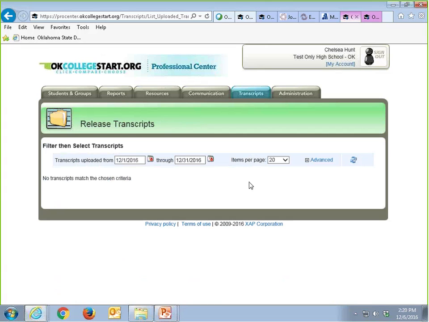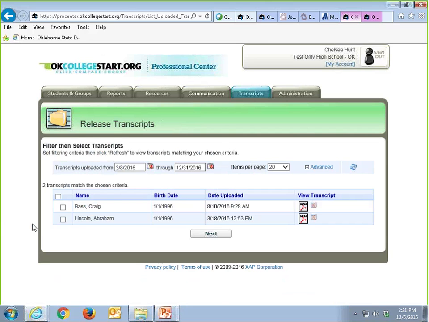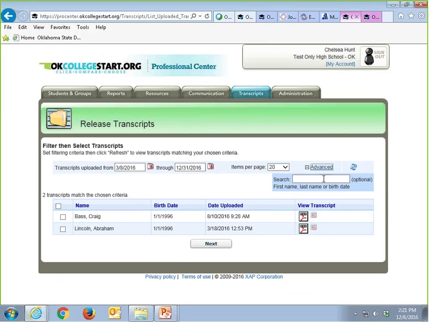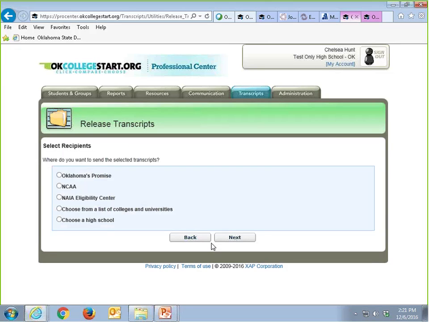Then you can release your transcripts, and if you did it today, you'll see all your students here. But for this example, I'm going to generate a date and then hit the blue arrows to refresh it. And you'll see some students come up in 1 second. Here you're able to view the PDF of what your transcript looks like. You can always do that in advance, and if you're looking for one student in particular, type their name and then refresh it. Maybe you have more than 20 students at your school or your district, you can change that as well. But for this example, I'll do Abraham Lincoln, hit next,